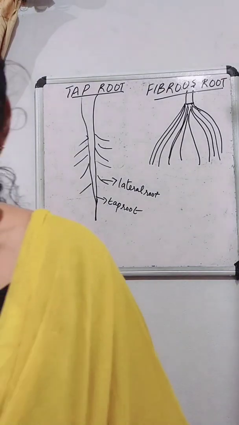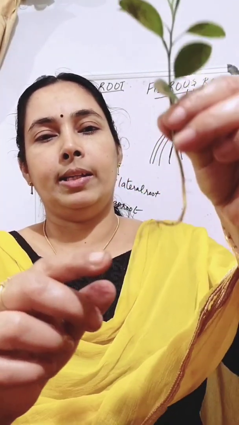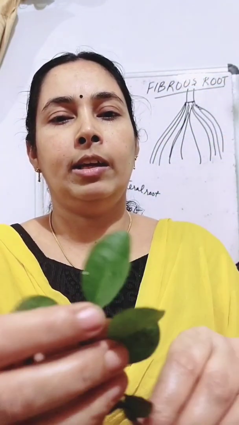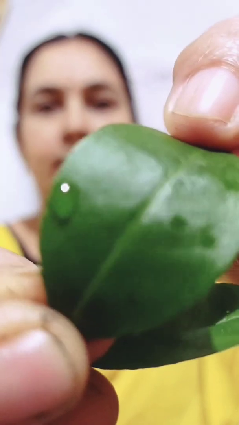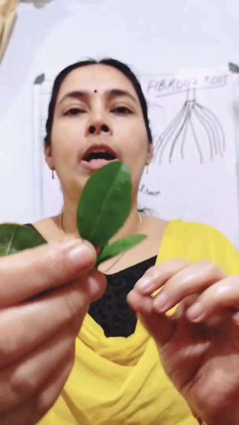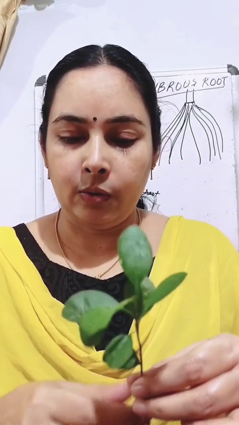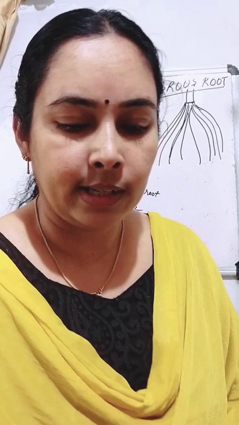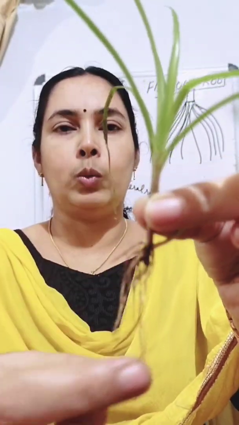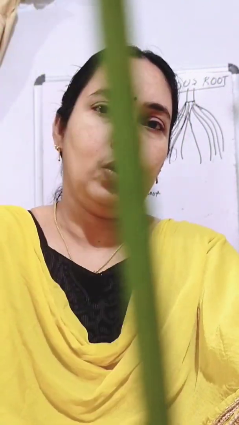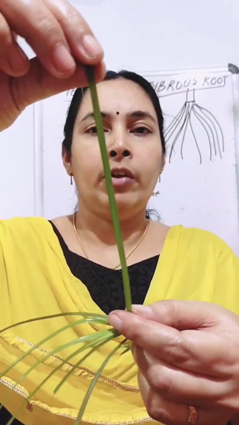Okay. Now we can look some other plants also. So this plant is having taproot. Then you look at the venation of the leaf. Which kind of venation? It have reticulate venation. So root is taproot, leaves have reticulate venation. Then you look at this plant. This is which type of root? Fibrous root. And what about the venation of the leaf? This is showing parallel venation.